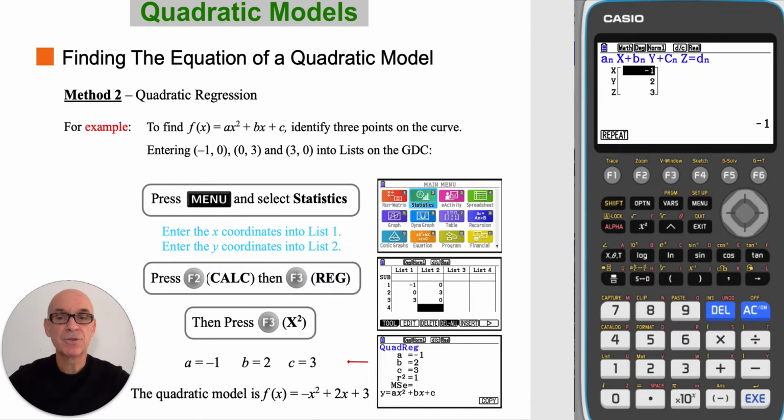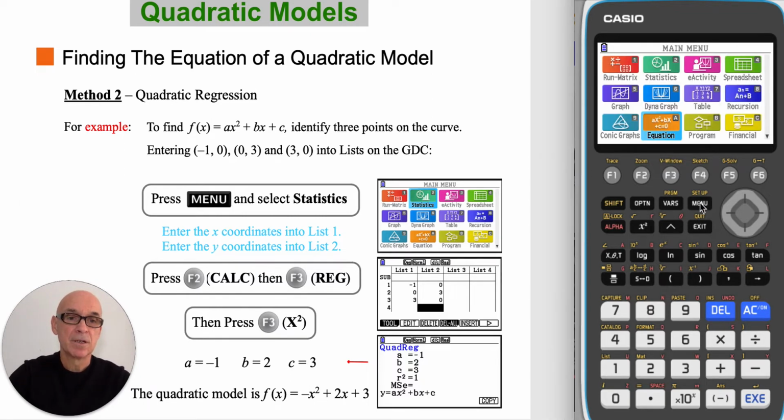In method 2, to find the equation of the quadratic model using quadratic regression, again we still need to identify 3 points on the curve, but this time we enter them into lists on the calculator. From the main menu, select Statistics